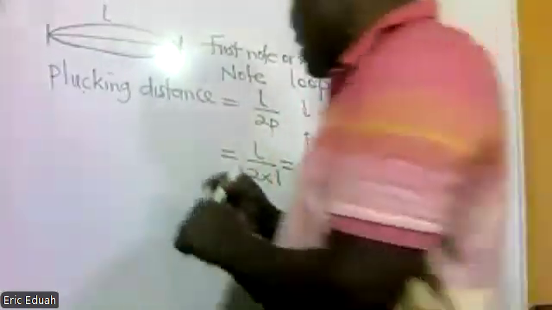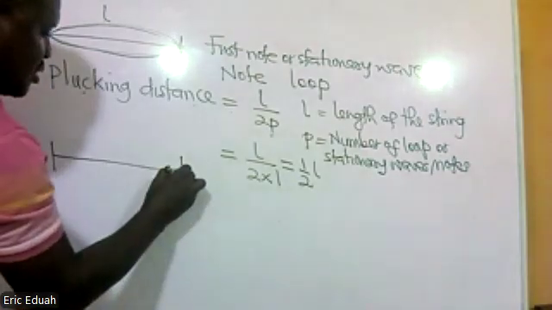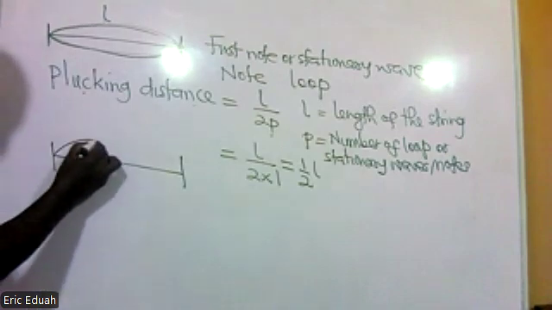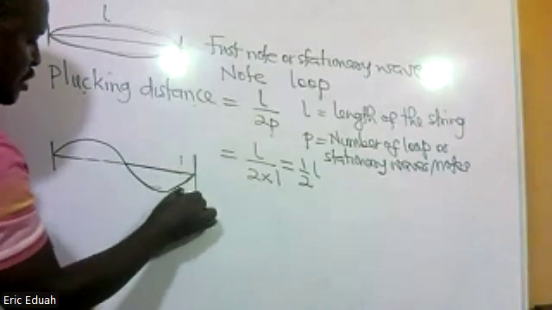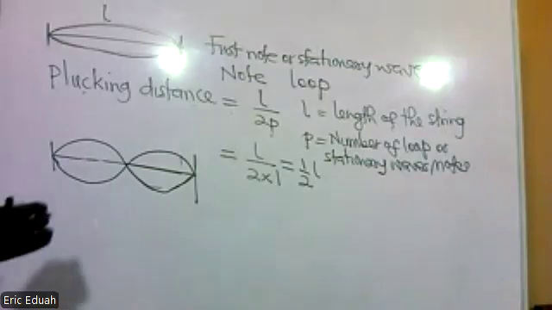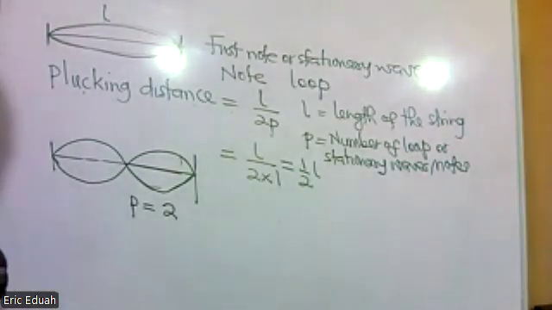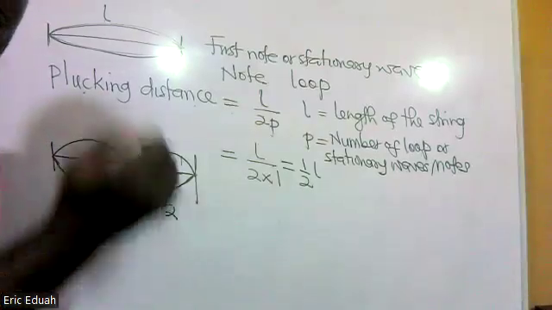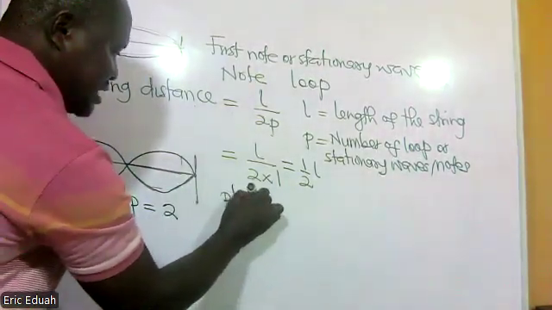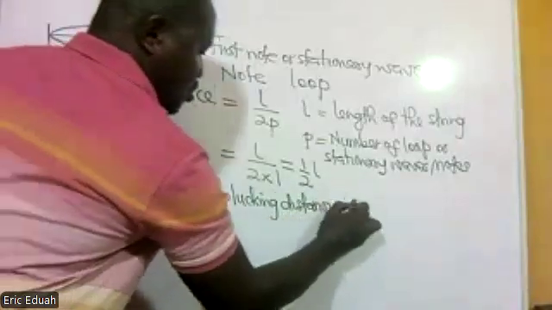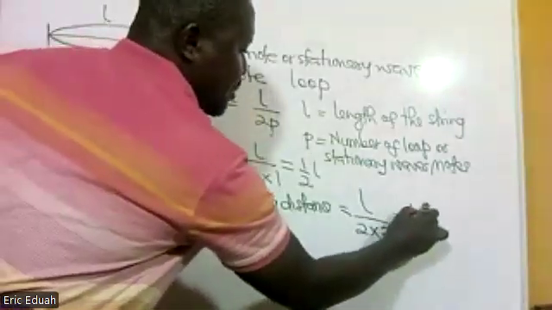Yes, please. Then if we have 2 loops, for 2 nodes or stationary waves, if you have L length of string, 2 stationary waves will be formed. So here we have the number of loops P is equal to 2. So if we have 2 nodes or stationary waves, which part of the string do we have to plug in order to have this number of loops or stationary waves? The plugging distance will be equal to L over 2 times 2, since we have 2 loops, meaning we must plug a quarter of